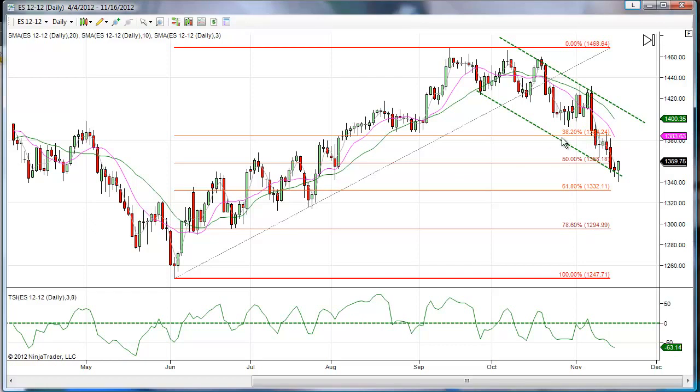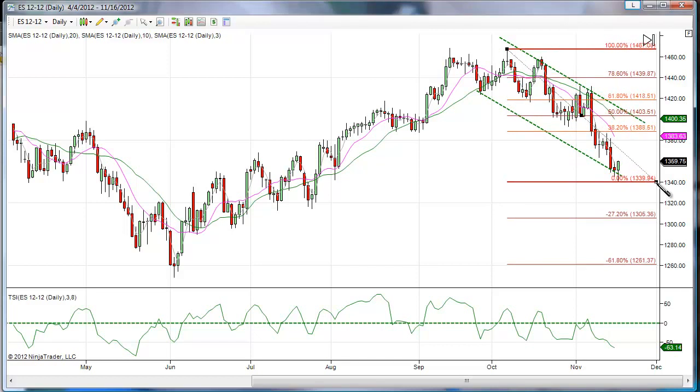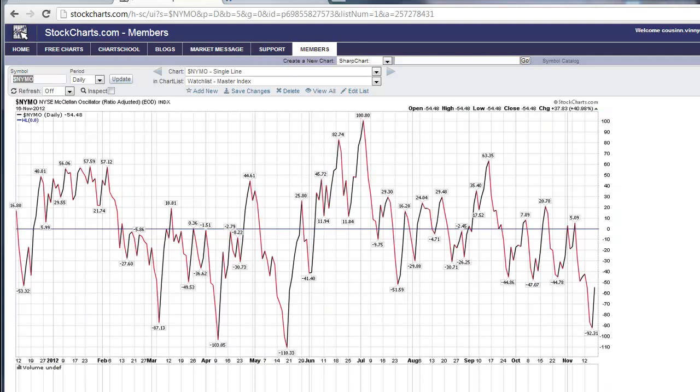and we could look to the next group of fibs from this high down to this low. My target here 1388.51, or more than likely the 50% level. We could see a nice move up to this area here before we see any move down or a breakout higher. Okay, looking at NYMO, we can see that we had a nice extreme level in the almost minus 100,